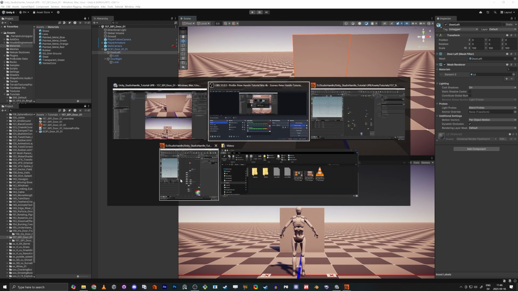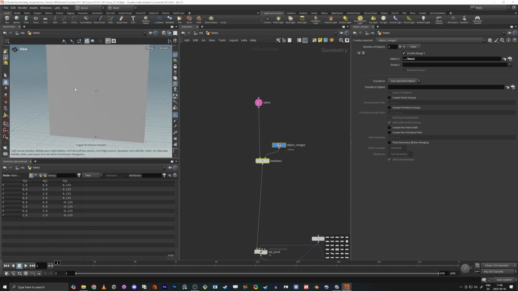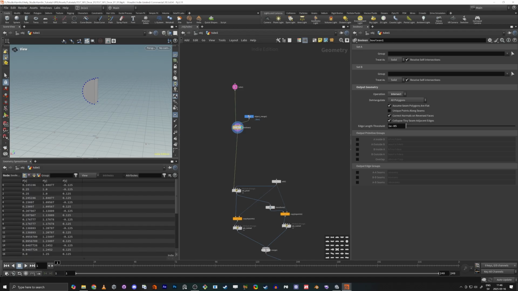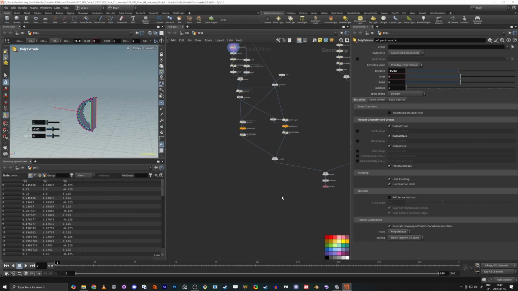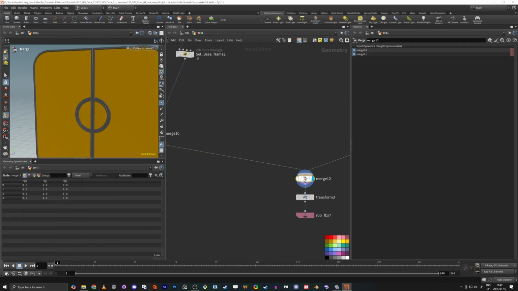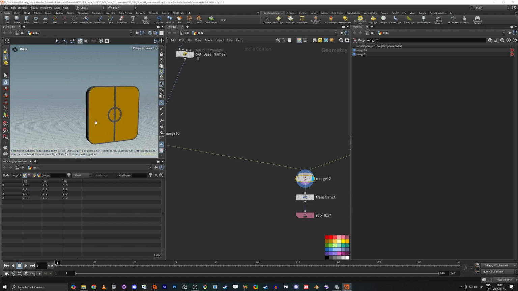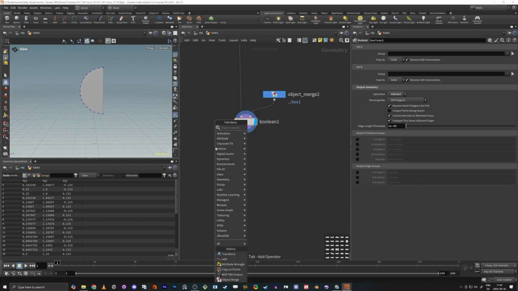So we are here. What we want to do now is make this a little bit more interesting. And we're going to put some edges on these down here. So I'll show you what we're going to do. We're going to make these nice edges over here. And we're going to start with the lock part. And to do that, we're going to make